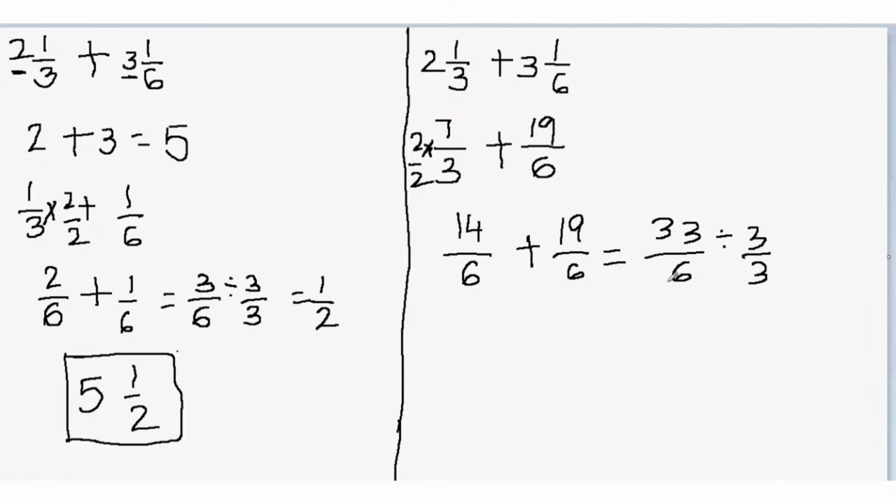The value of the fraction still remains 33 over 6 because we are just dividing that by 1. Now 33 divided by 3 will be 11, and then 6 divided by 3 will be 2. Now this time I have 11 over 2. Now you see that this is a fraction and here we have got the mixed number and the question is